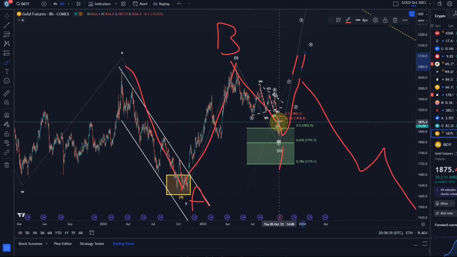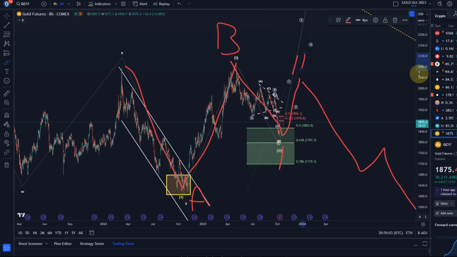Before, it didn't really matter, because before we anyway expected a move down into the support region. I always try to keep it as simple as possible in these analyses. Now that we reacted to basically the buy area, or you could say the trend reversal area, where we see a reaction, I want to make you aware that a break above 1896, which is the critical resistance,